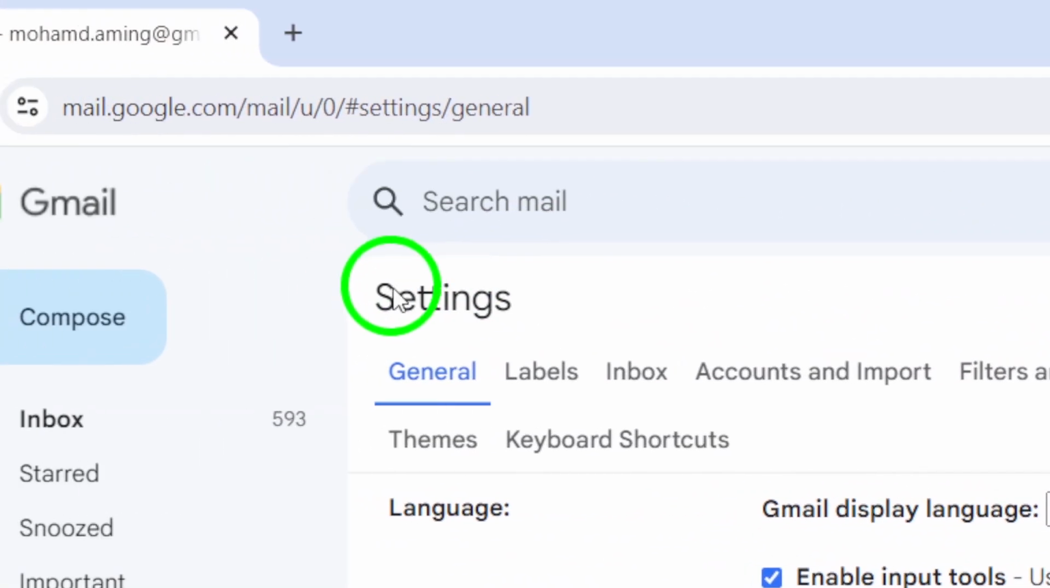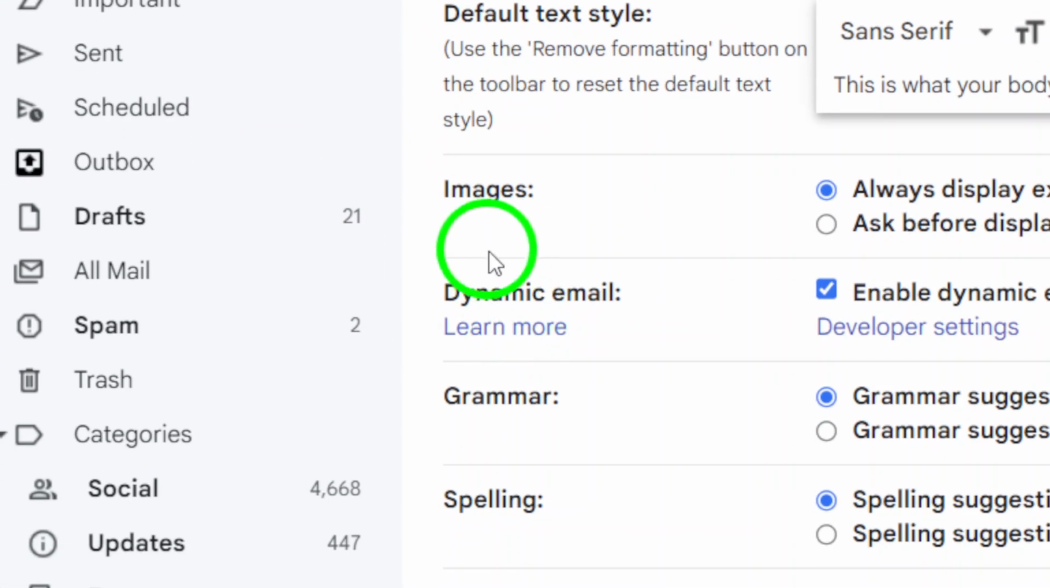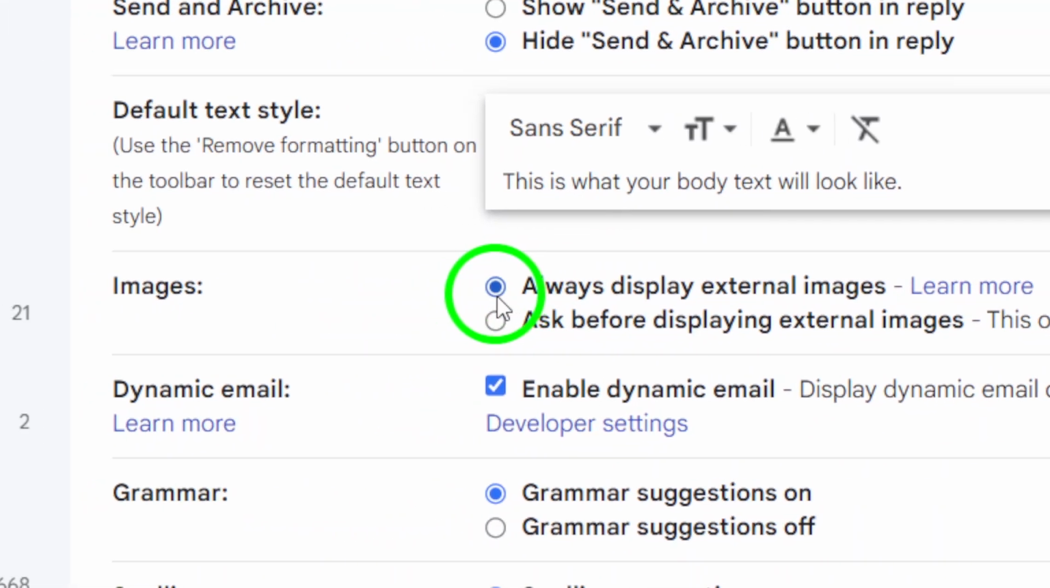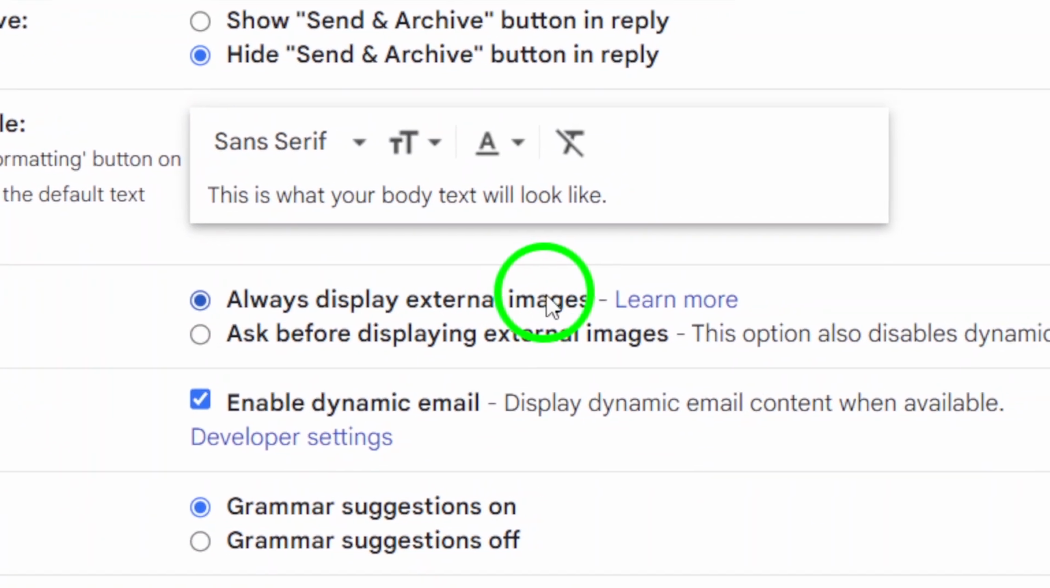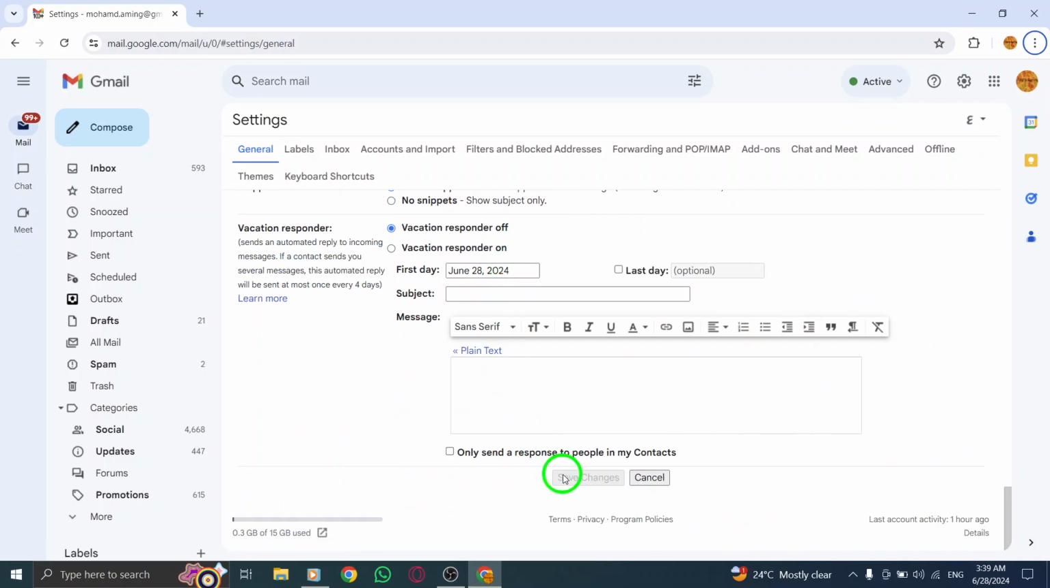From the General section, find the Images option. Click on it and then select Always Display External Images. This will ensure that all external images in your emails are automatically displayed without you needing to do it manually every time. Once you've made this selection, scroll down to the bottom of the page and click on Save Changes